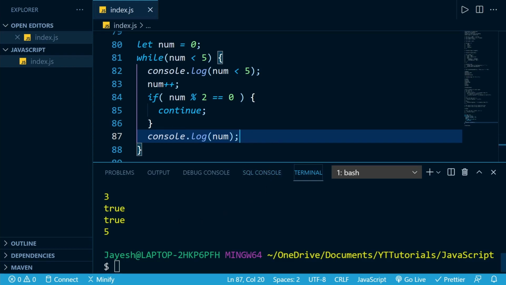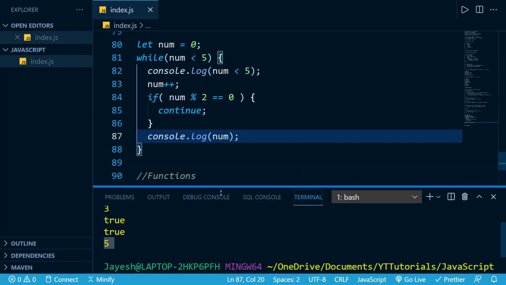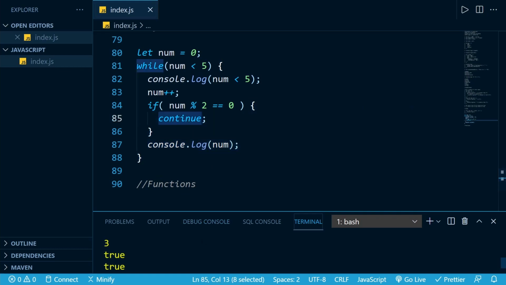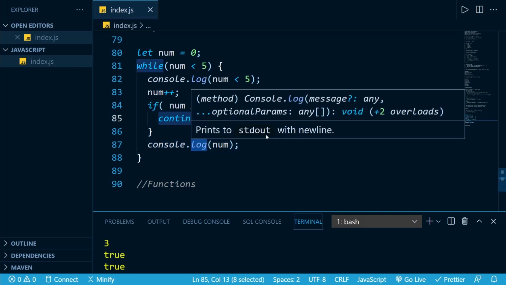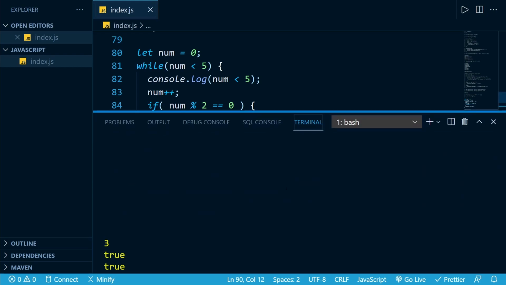As you can see here, when we execute this, only odd values are printed. So that's the importance of this continue keyword. Now remember, if we have the break keyword, it will just break out of the loop and stop the loop completely.